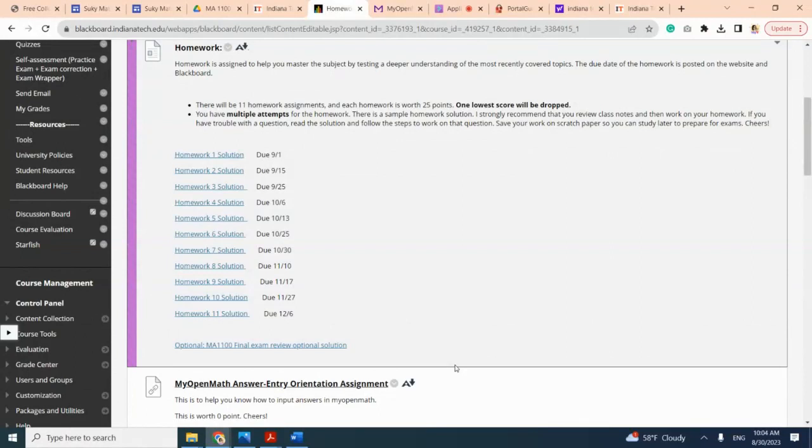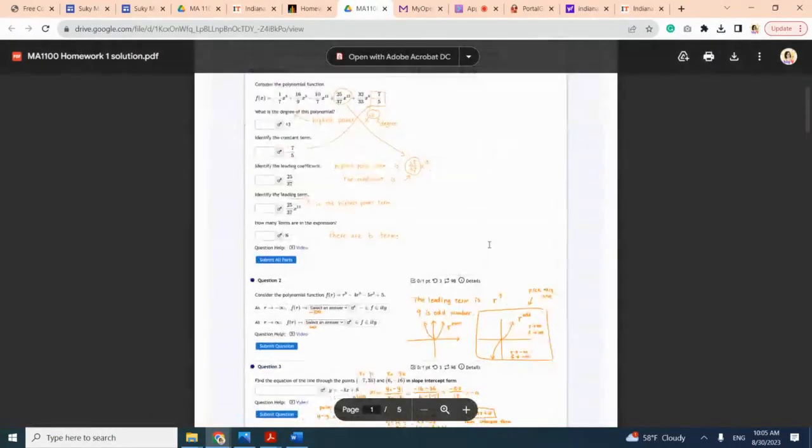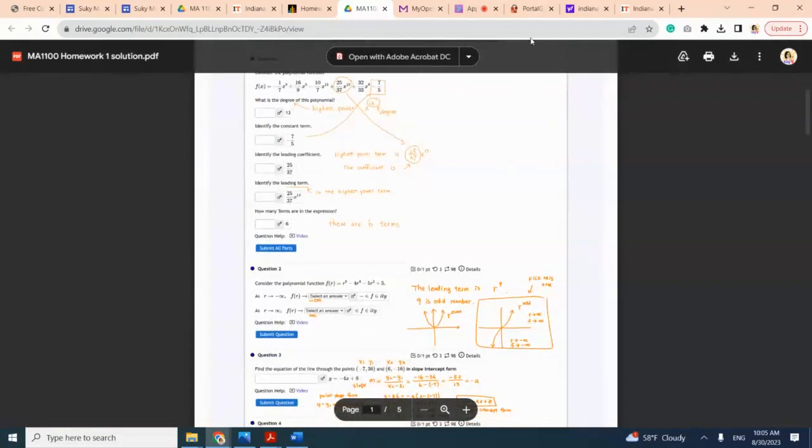Everybody, please start earlier because you want to get perfect scores, right? So save time. It is due at the end of the day, 11:59 p.m. But if you have questions to ask me, you can ask me on Friday in my office hours. In the solution, I try to write down the steps and how we think, so you can follow. All right, so that is the homework.